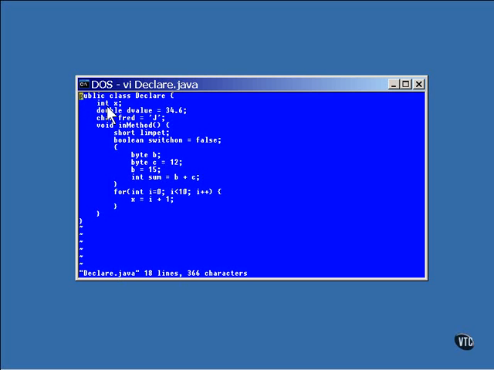Now, x is declared inside the class definition, but it is declared outside of any method. So, it's accessible from any method in the class. Also, when you build an object from the class, each object will have a copy of x. Any value that any object stores into x will stay there as long as the object exists. No initial value was defined for x, so it will be automatically set to 0 whenever an object of this